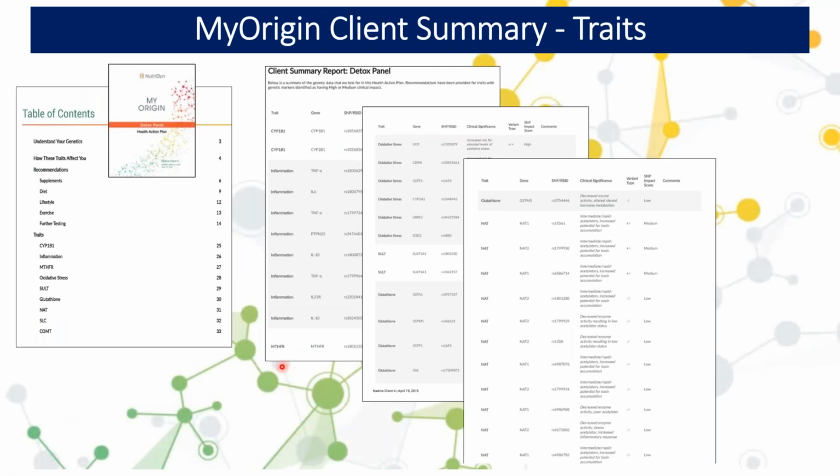These are the pages that I tend to look at. These are the client summary reports. And you'll find over time, you'll be able to breeze through these pretty quickly, but it's still comprehensive. For one of the traits like the glutathione giving you the specific gene and specific SNP, it tells you what the significance of that SNP could be,